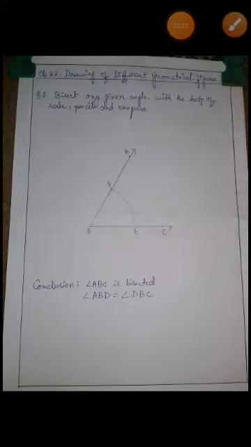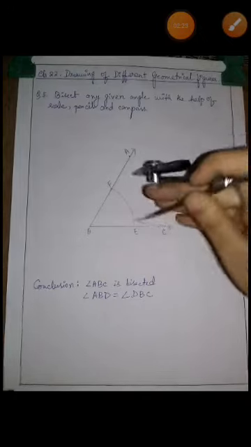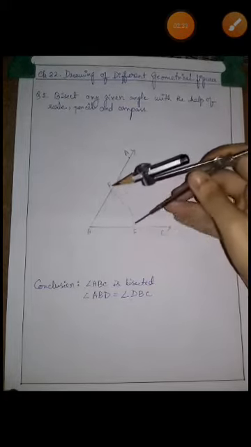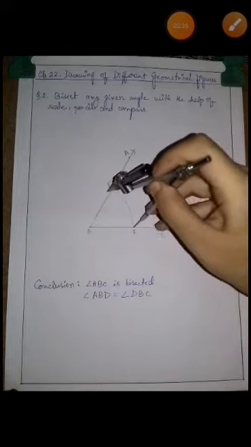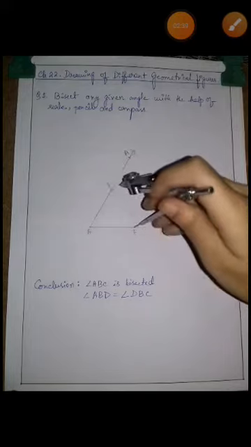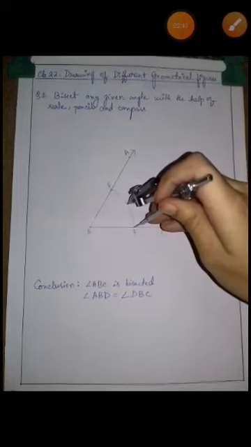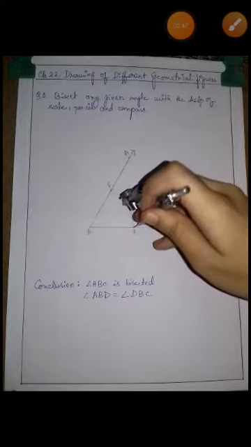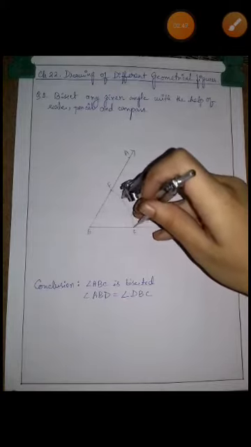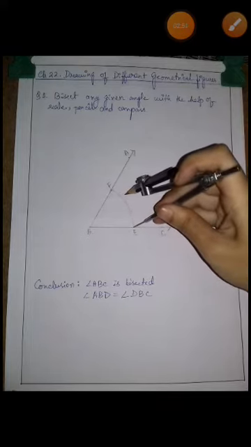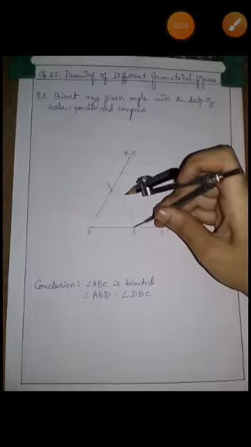Then after that, you are going to place the pointer of the compass at point E. Till F, that is the full radius, and if I consider till here, it will be half, that means half of the arc. For bisecting we need to keep the arc which is more than half. I hope you all can see, this is more than half.